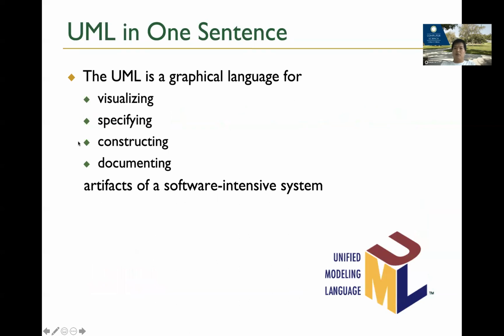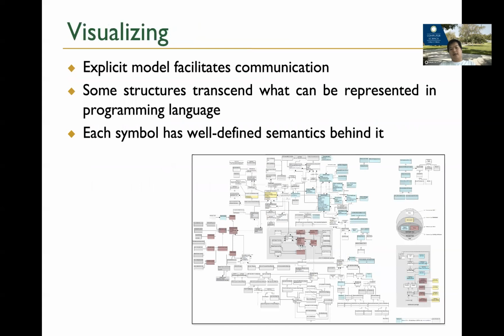All right, so what is UML? It is a graphical language, mostly you can think about that as a kind of specification. It highlights some of the facts that they try to visualize their software design and specify the functions and definitions. It helps you to construct stuff. I'll talk more about that. And also you can obviously use it for documentation purposes. Okay. So first, visualization.